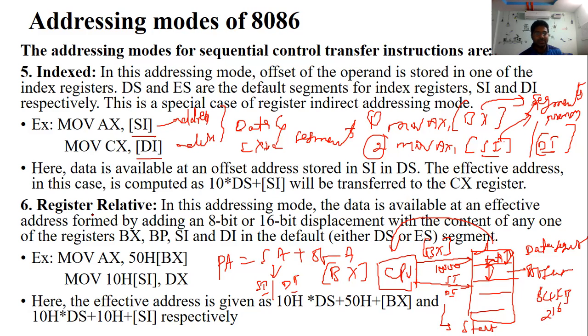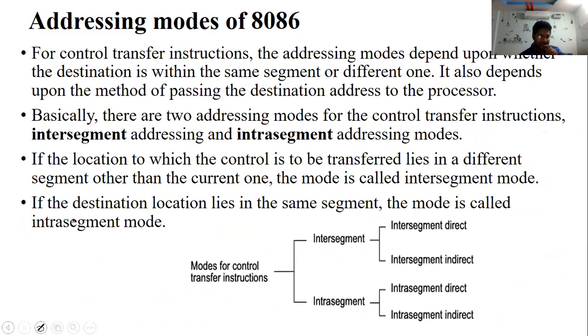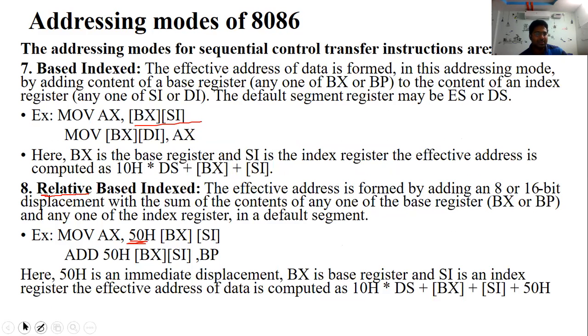That is the difference. Next is relative addressing. Relative means a displacement value is added to the BX register, or to the source or destination index. In base index addressing, instead of one addressing mode, we are giving two indirect addresses. Whenever the word relative comes, it means we are adding some value, not only 50 but any value. These are the 8 types of sequential addressing modes.